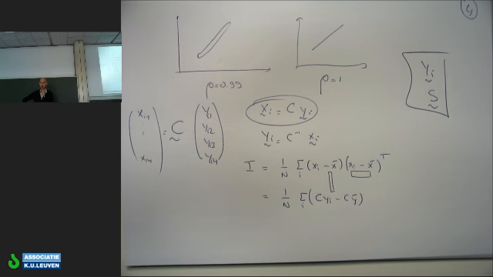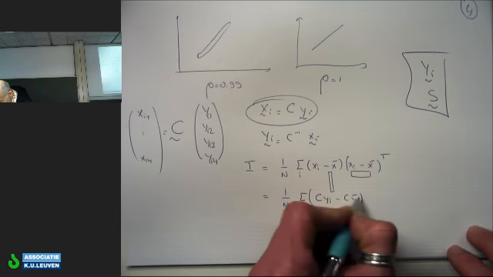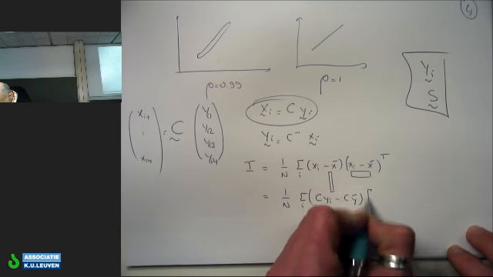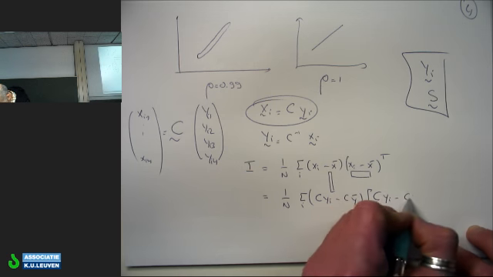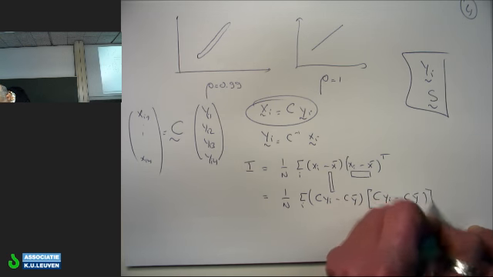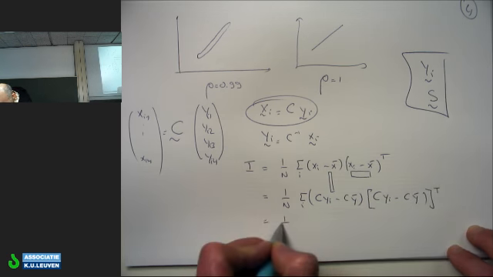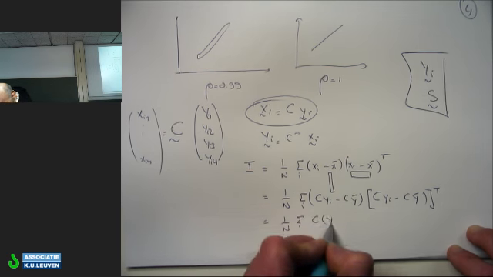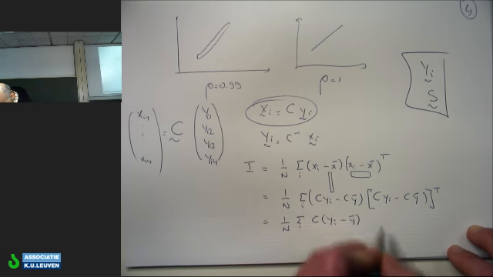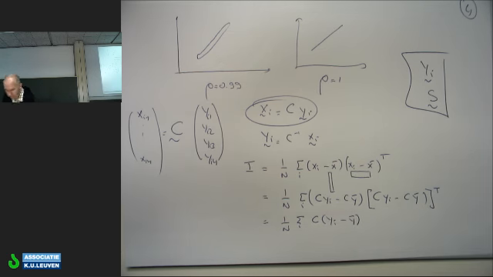Forget about that transpose for a moment and say this is again C times x minus C times x bar. Okay, so let me write it like that then. C times yi minus C times y bar, transpose, so 1 over n, sum over i, and now the C I can put to the front, yi minus y bar. I can do the same here, move the C to the front within the square brackets,